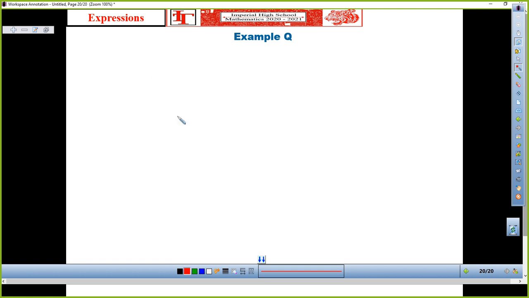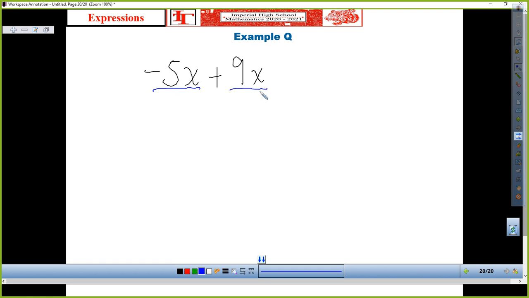Let's do negative 5x plus 9x. Okay. So first things first, I'm starting with this one. This one has an x. Is there another one that has an x? Yes, this one. Okay. So since both of them have x, I'm going to just write x down here because